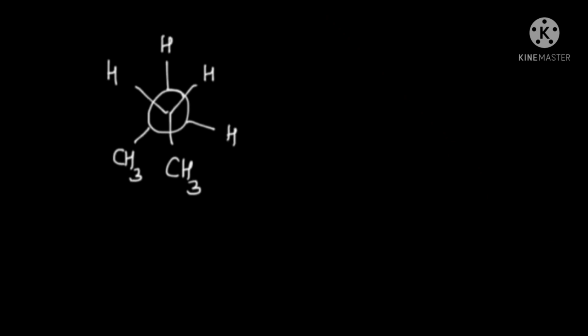The first carbon will contain CH3 and 2 H atoms, and on the back carbon in the staggered form, the CH3 will come on the left and 2 hydrogens will be here. This is structure number 5, and this is a staggered form. Now you tell me, what is this? Is this anti? No, this is the gauche staggered form.